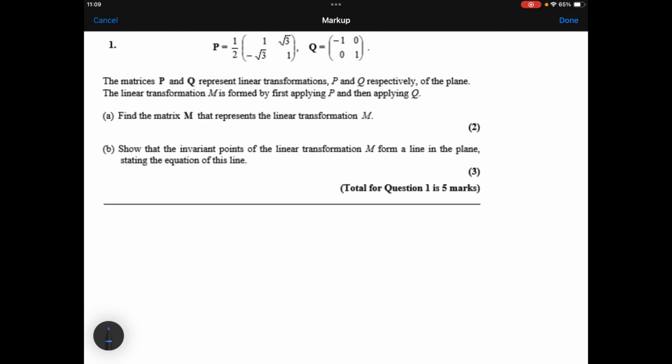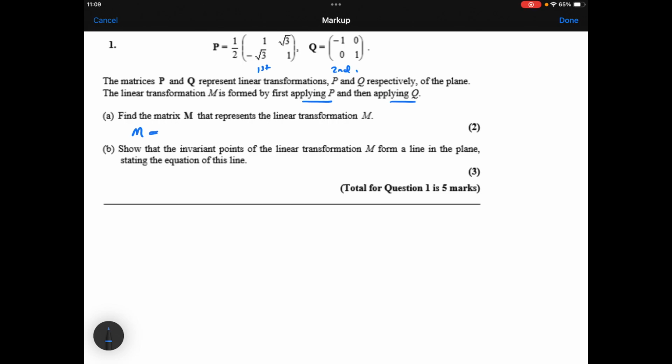The linear transformation M is formed by first applying P, then applying Q. So P first, Q second. Find the matrix M that represents the linear transformation M. So I'm going to say that M